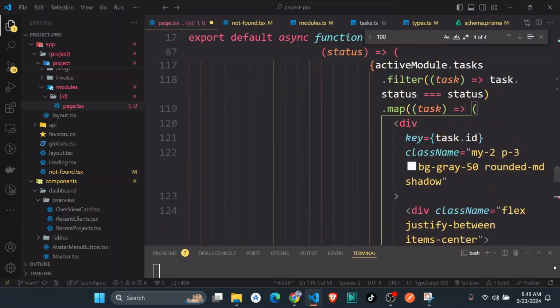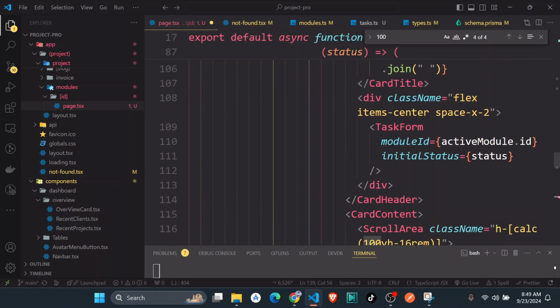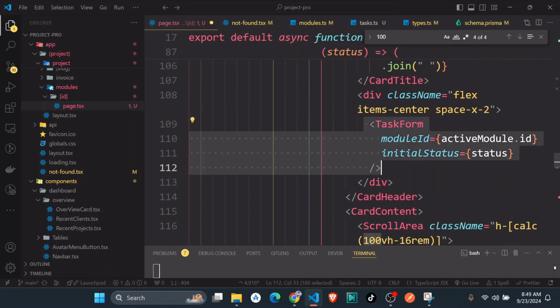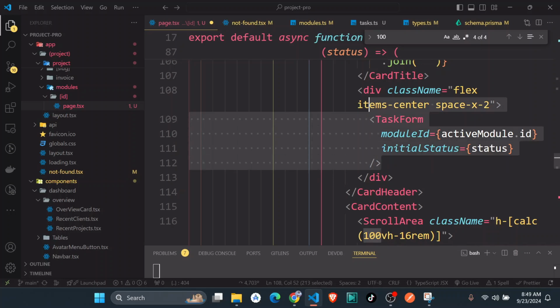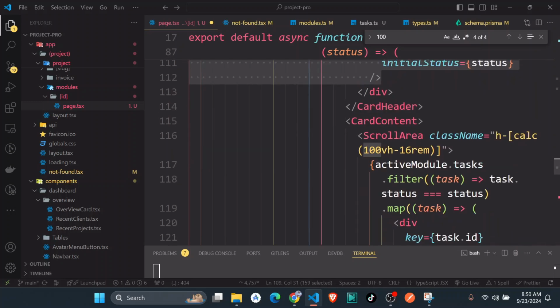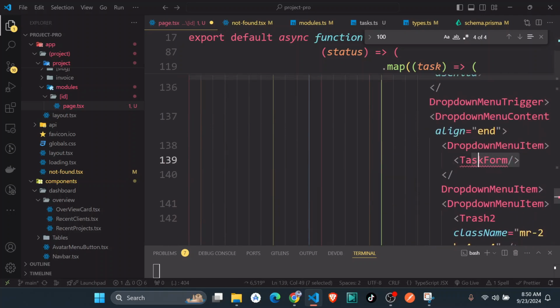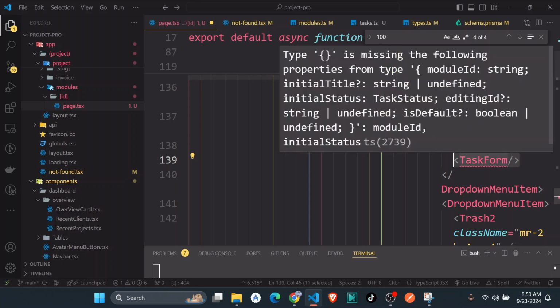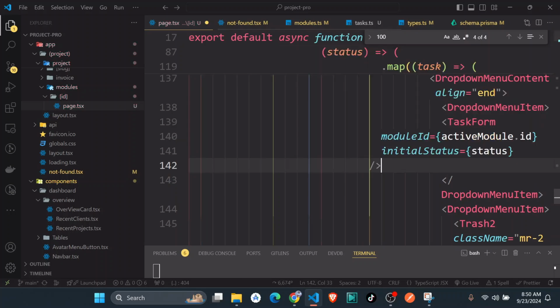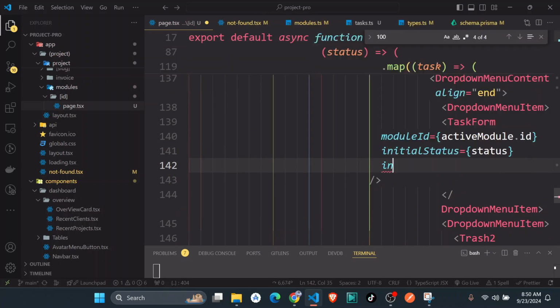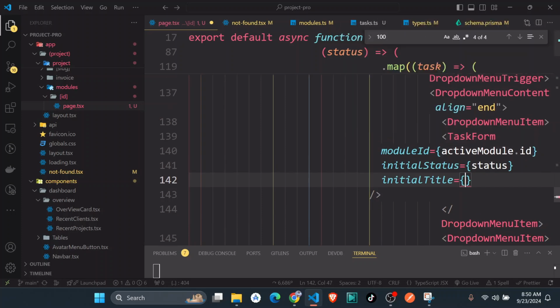Let's get the one with some pre-filled things like this one here. Okay, we can pass in other things like initial title,